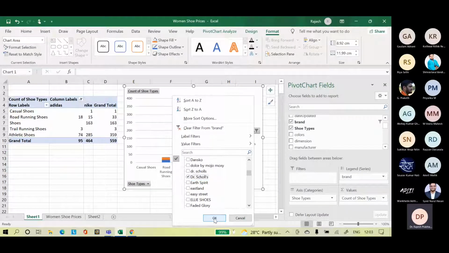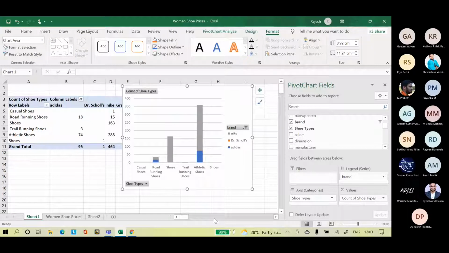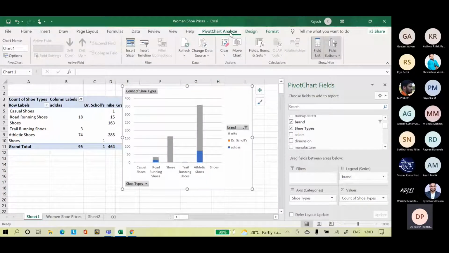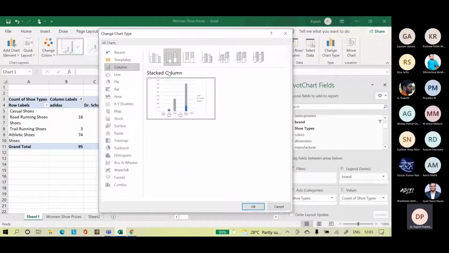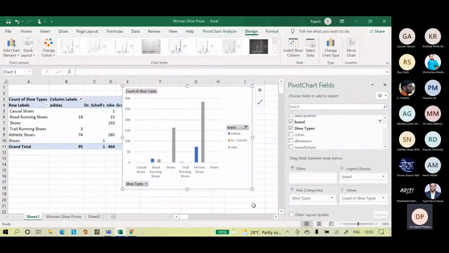Dr. Scholes. We'll change the chart type to... Dr. Scholes is very minimum.